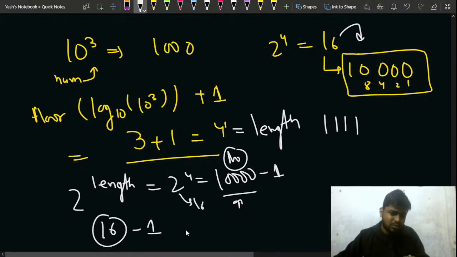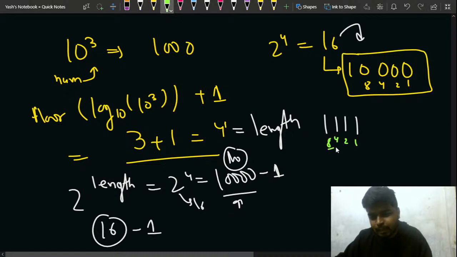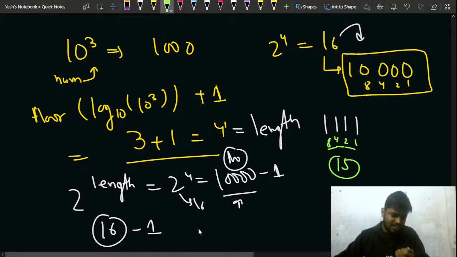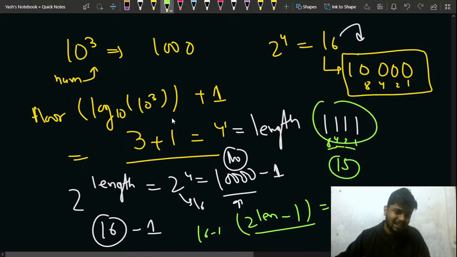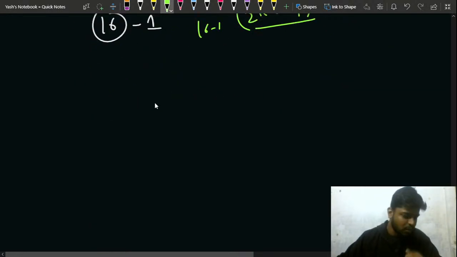If you do 16 minus 1, you get 15, and that is what you will get from here as well, like 1, 2, 4 and 8. That means 8 plus 4 is 12, 12 plus 2 is 14, and 14 plus 1 is 15, right? So this is nothing but 15. So if I subtract 1 from 2 to the power length, then I'll get the number which has all the bits set compared to this number, right? So in this way, what I can do is